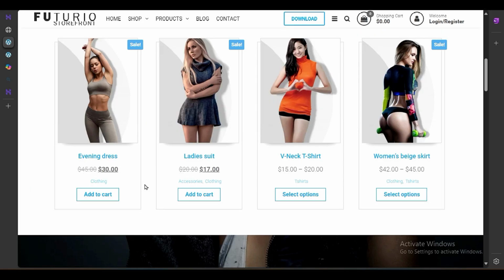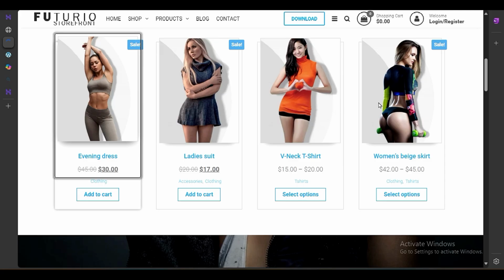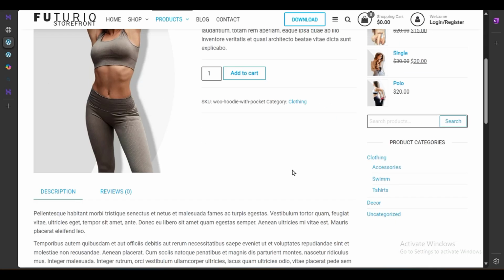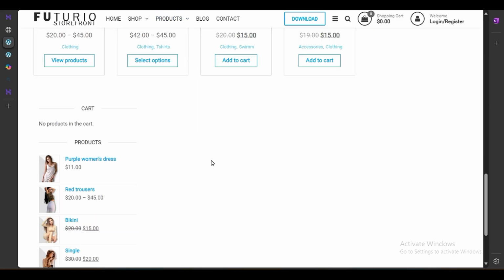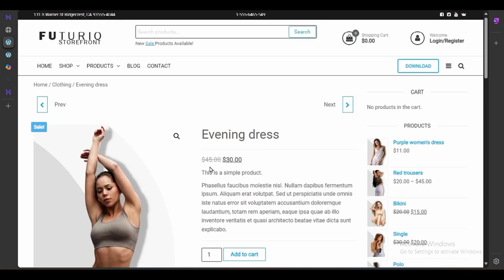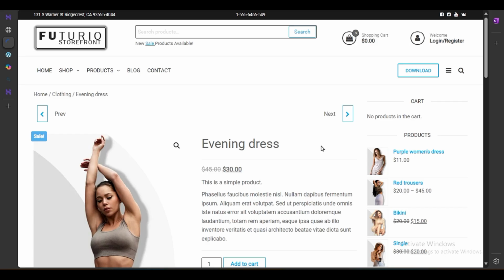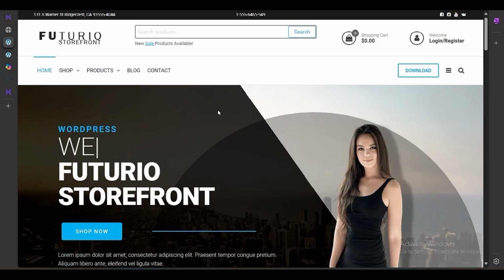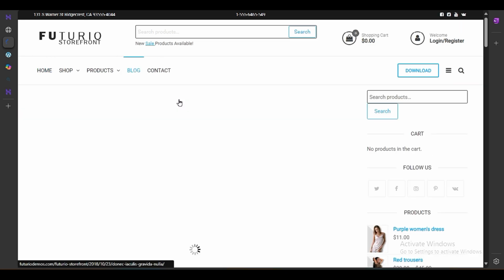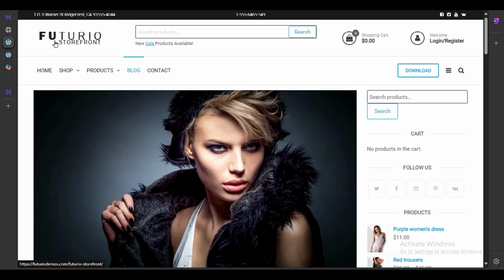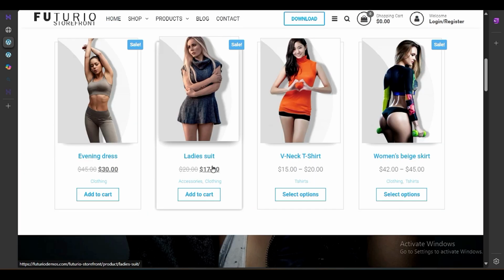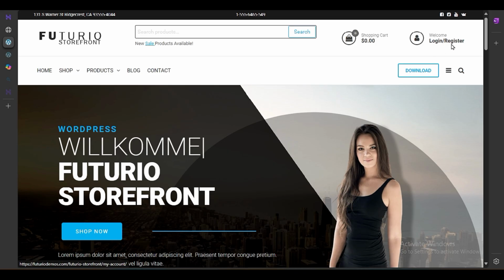I really like the product layouts here, beautiful description, great related products, and then you will also be able to check some other pages like About Us, Blog, Contact Us. And this theme has a nice layout. I really like the layout. And you will be able to create nice